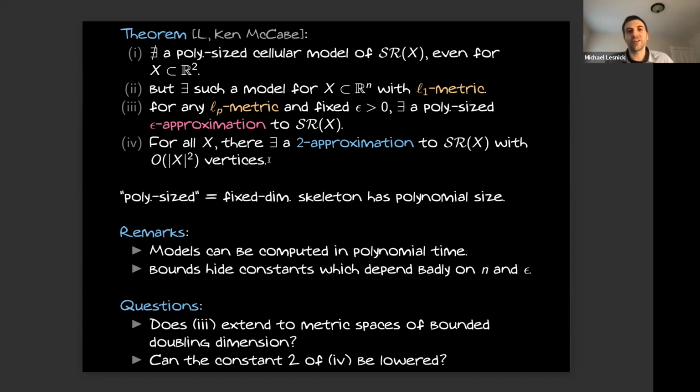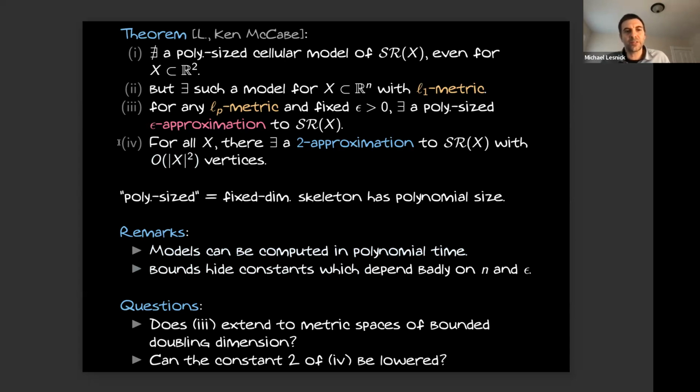And the one caveat here is that this 2 approximation that I'm mentioning is not a genuine bifiltration, it's a functor. Okay, and I mean, one could convert it to a bifiltration, but I'm not sure whether this size bound holds when you convert to a bifiltration. Okay, so what else to say? Now, recently we've been thinking about how to actually compute these guys, and we think that these models can be computed in polynomial time. They're not just polynomial sized, you can compute them in polynomial time, but